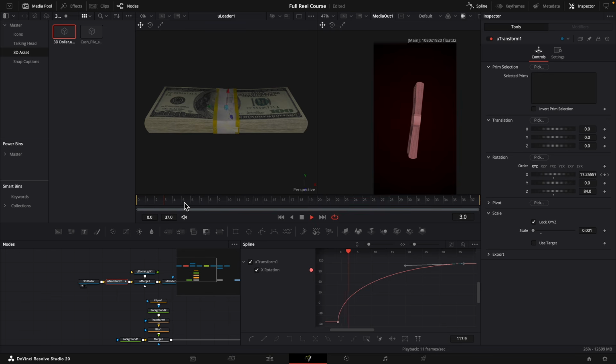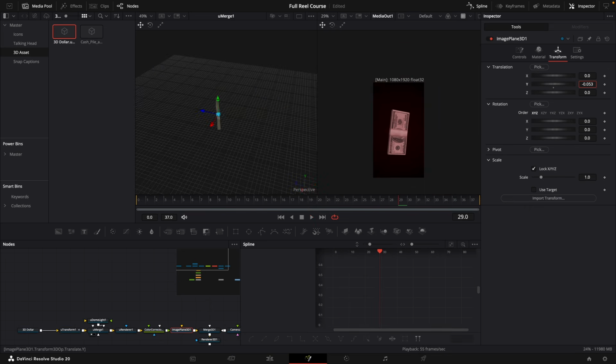So we get a really fast spin in the beginning, and then it just slows down over time. This is the rotation we got on the y-axis, and on the x-axis we have the time. As you can see, we get this really nice spin. I'll just drag it down a little bit like this now, and this looks good because we'll be adding